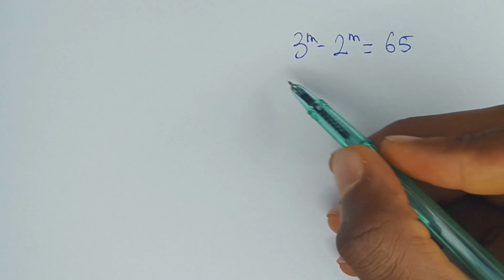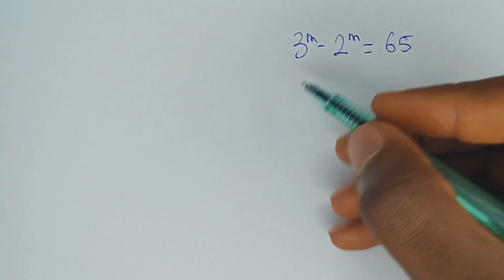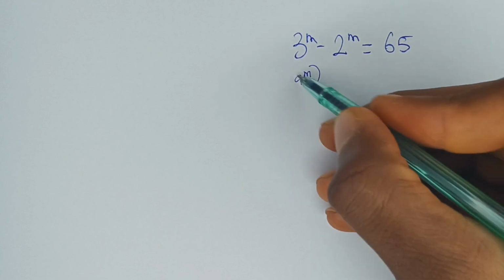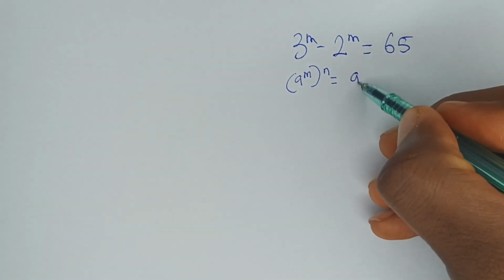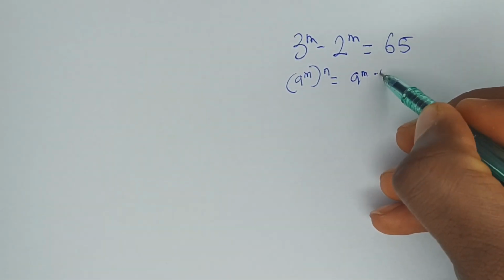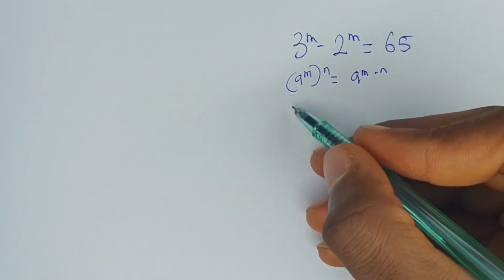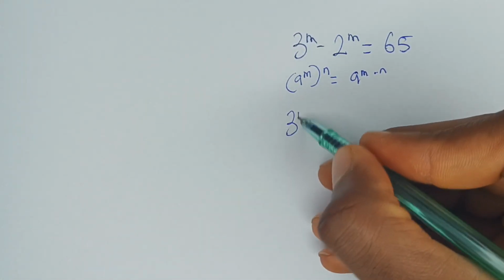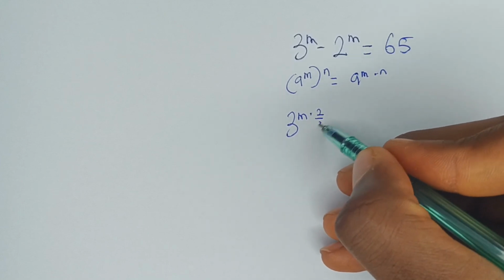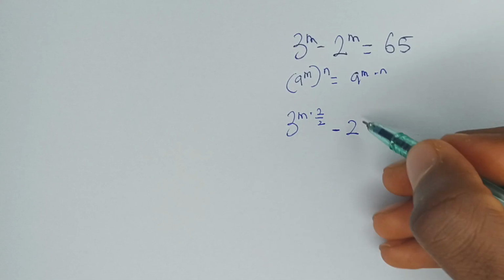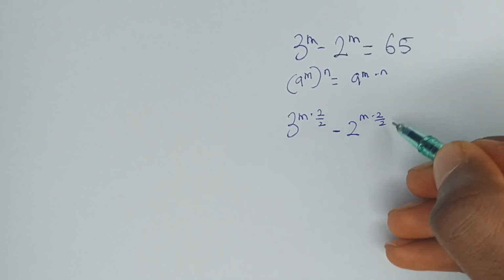In order to solve this, the first thing to do is recall that a raised to the power of m, all raised to the power of n, is equal to a raised to the power of m times n. Now from here, 3 raised to the power m can be written as 3 raised to the power m multiplied by 2 over 2. 2 over 2 is 1, minus 2 raised to the power m multiplied by 2 over 2